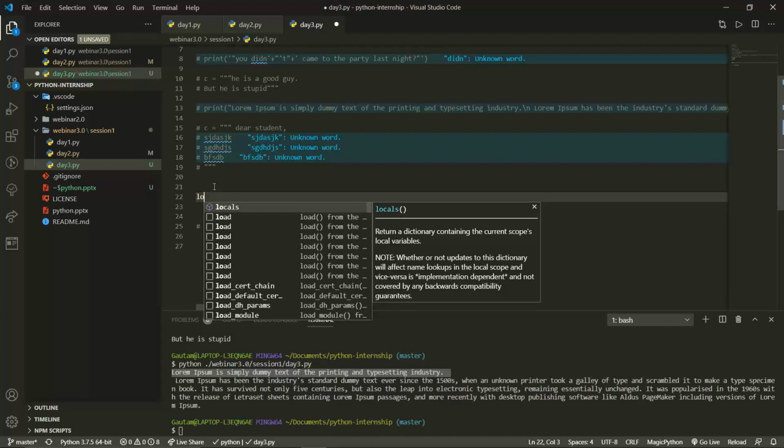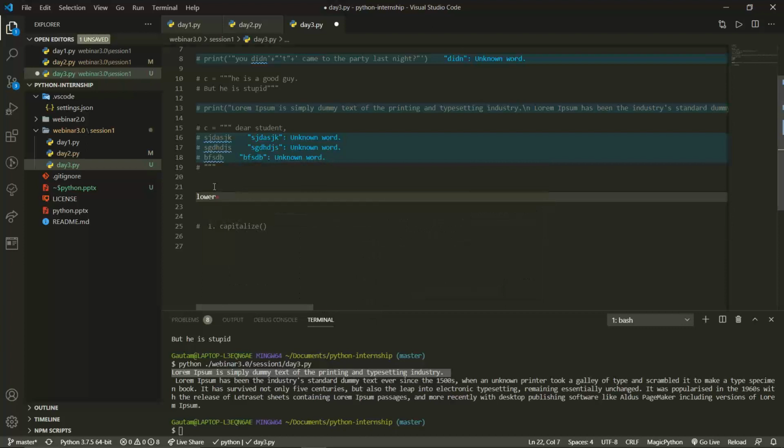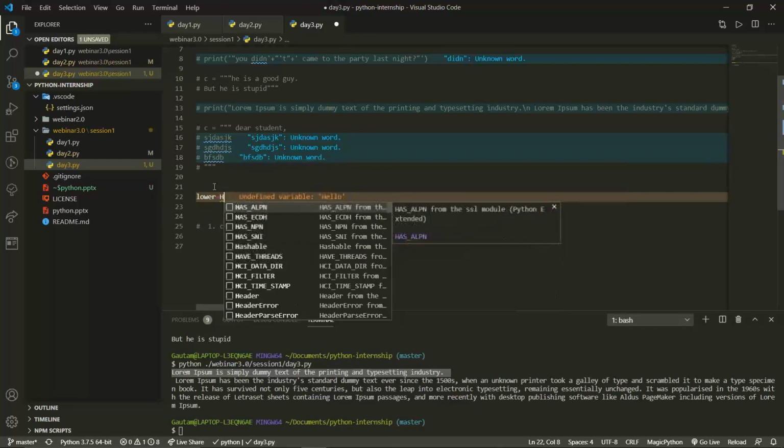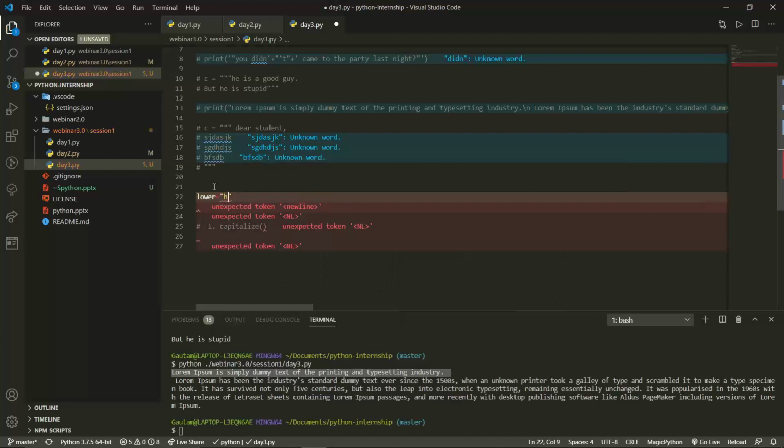So let me write lower equals, and I will write everything in lowercase: hello people, I hope you are doing well.